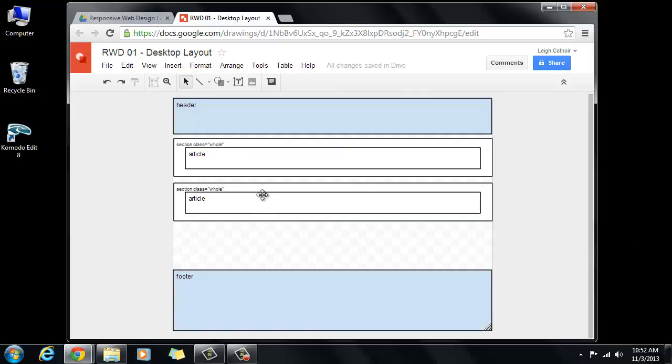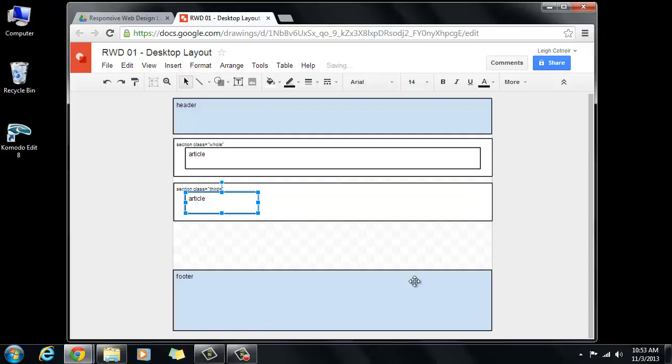Okay, so it deselects. And now what I want to do is, instead of this being the class of whole, we're going to create this as the class of thirds. Not with a U, with an I. Okay, thirds. So we have a class of thirds on that parent section. Okay, now we have the article inside. Well, I want to create a setup so that I can have 3 articles floated side by side. So if I want to take up approximately a third, somewhere in that vicinity, maybe a little bit more, we'll see,